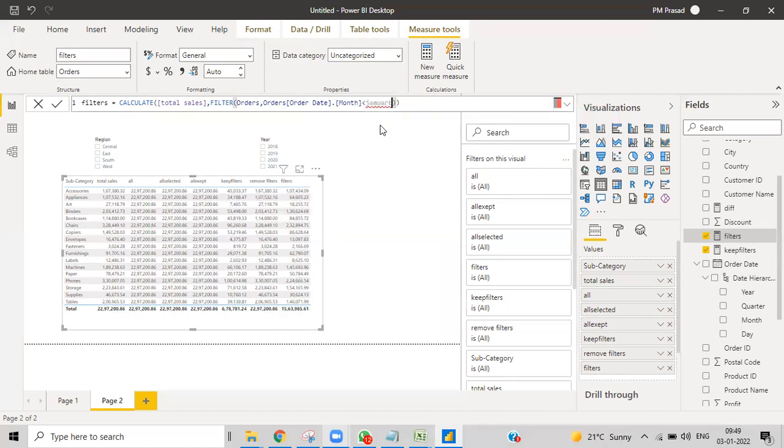So it will take all the Januaries of all the years. Yeah. Then you need to take one another expression where you need to write year and month also. So for this 2018 January, you need to take two things: year 2020 and then month, this month. So this is how you need to write, okay? Yeah. Okay, that's fine.